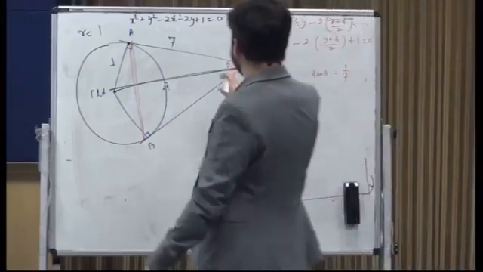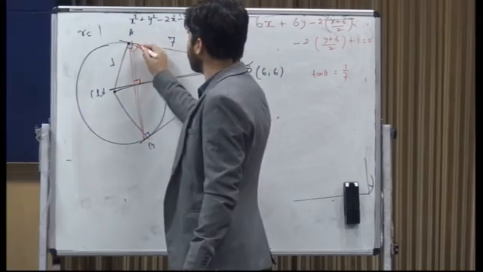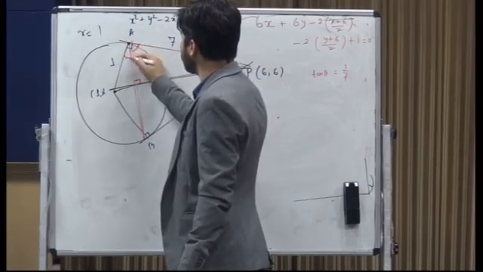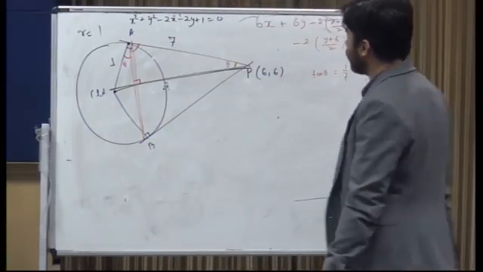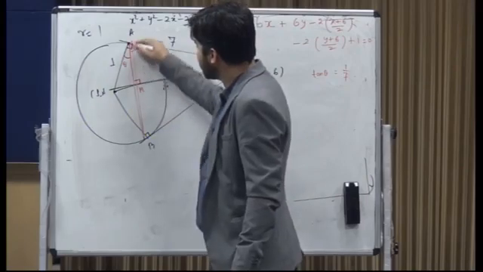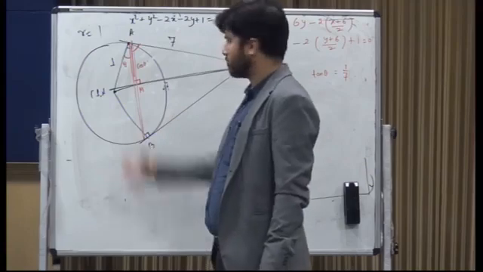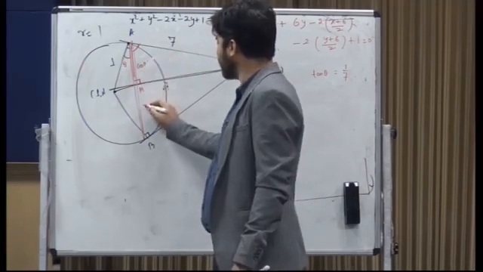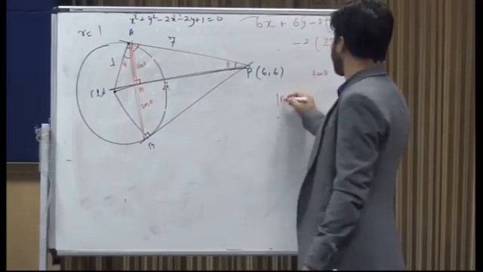Now if this is theta, this is 90, so this would be 90 minus theta, so this would be theta. So can I say, if I call this as m, can I say this is cos theta projection and this is also cos theta? So can I say the length of AB is going to be,